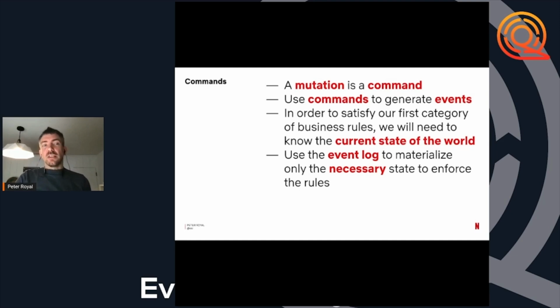In order to do this, we need to know the current state of the world. So if we are keeping all of our changes as events, we can take our event log, our ledger, and materialize some amount of state only as necessary to enforce these rules.